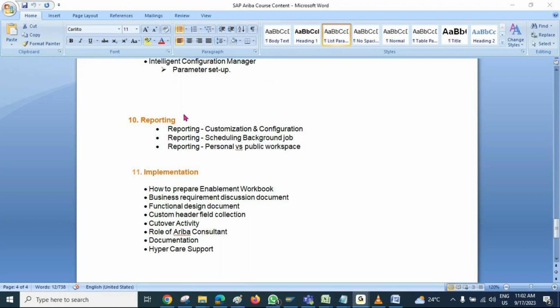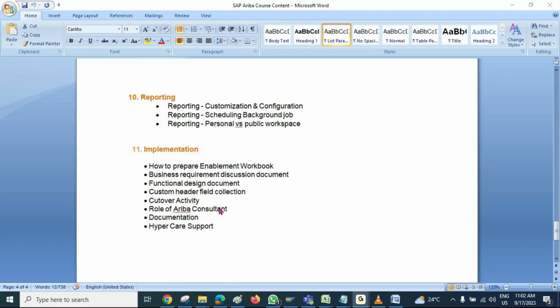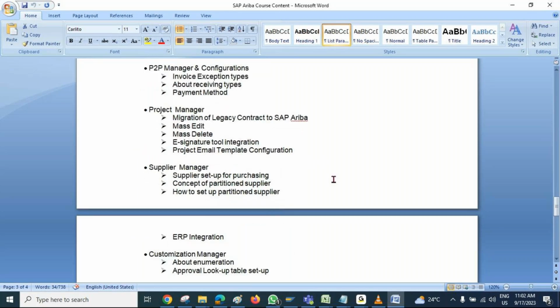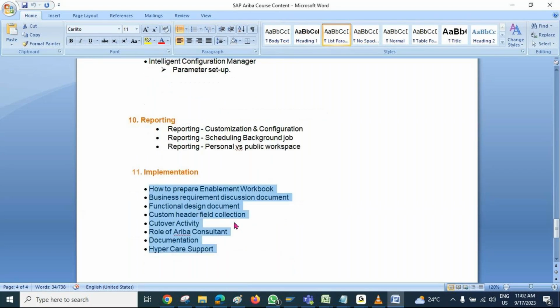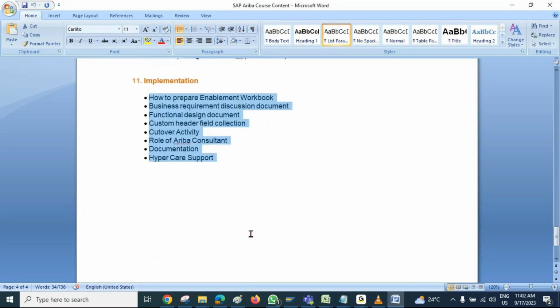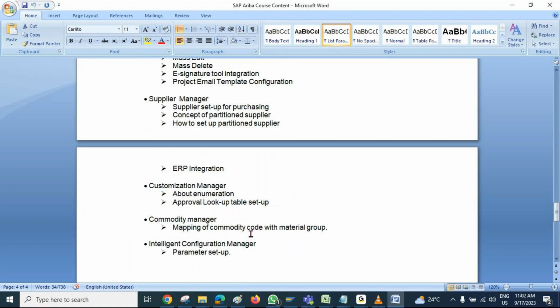Sorry, but I will not be able to brief you about the process. In the last session I will talk about the implementation process, and here we will talk at a detailed level about whatever role we have to play in the Ariba implementation as the Ariba consultant. What will our job be? What different kinds of documents do we have to prepare? Documents I'll show you during the day-to-day sessions themselves, but here we'll summarize all the information. That will be the end of our training.